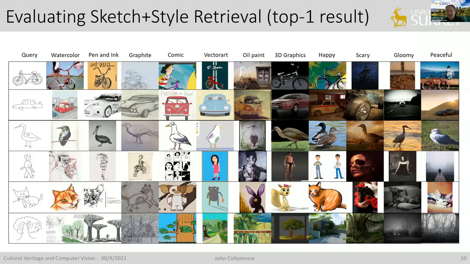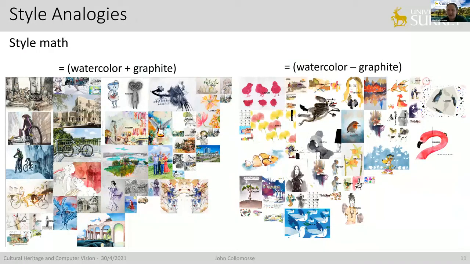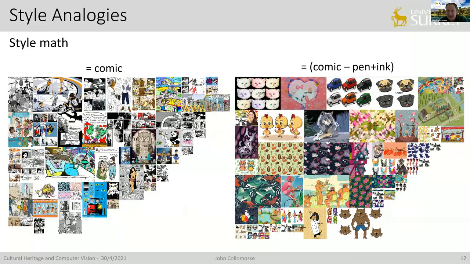One of the other very interesting things you can do with a visual search system is, because you're not working with text, you can do things like do math with the different visual attributes of the system. So in this case, we have watercolor plus graphite. We've done a search with that. We've brought back images that have kind of watercolor, but also a lot of sketchy outlines. And we could do, say, watercolor minus graphite and get examples of watercolor washes that don't have a lot of that outlining to them. Or, for example, comic book traditionally has a lot of inking in it, pen and ink.